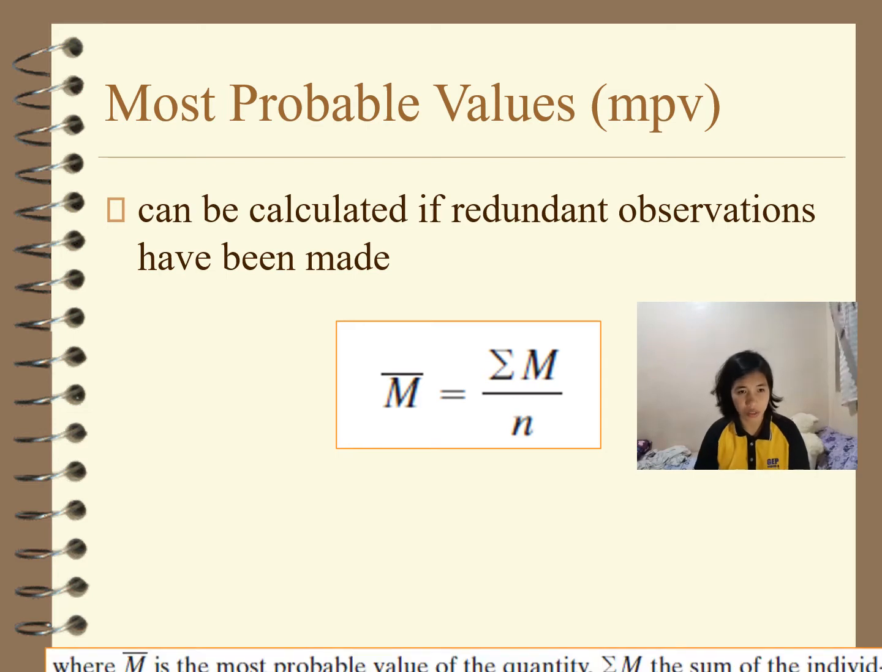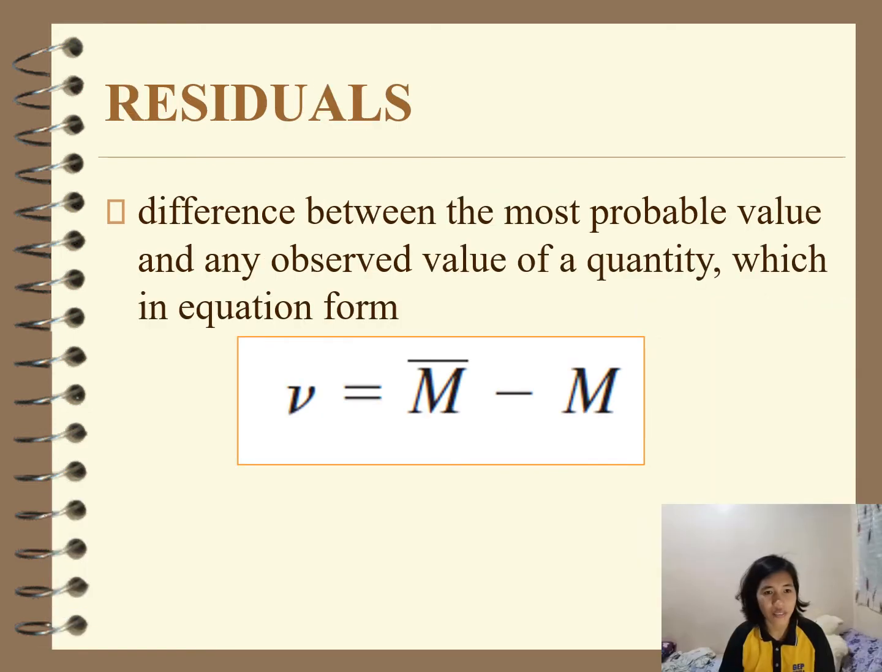Okay. So we have here residual. The difference between the most probable value or your MPV and any observed value of the quantity, which means yung individual measurement na ginawa mo within that redundant observation. In equation form, that is v, which stands for the residual, equals M bar, that is your MPV, minus M, that is the individual measured quantity. Another term we have here,